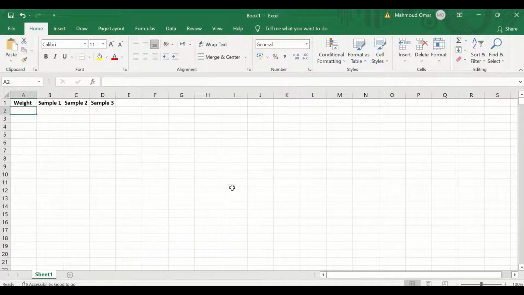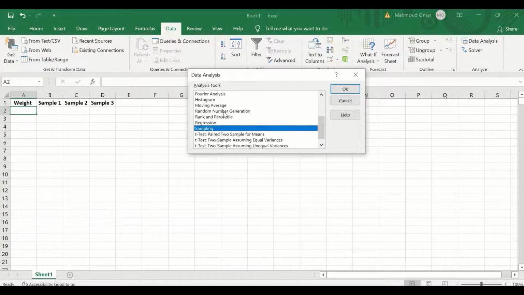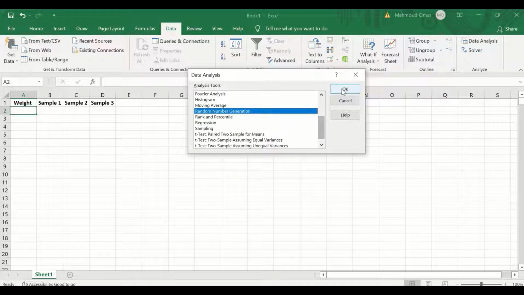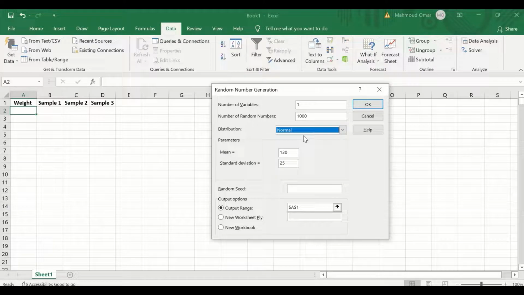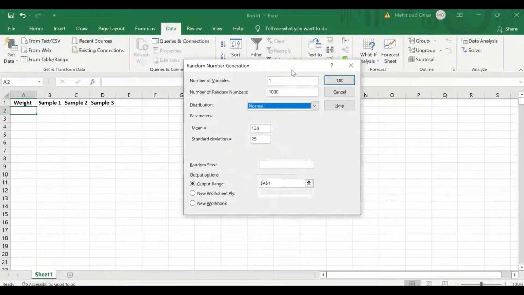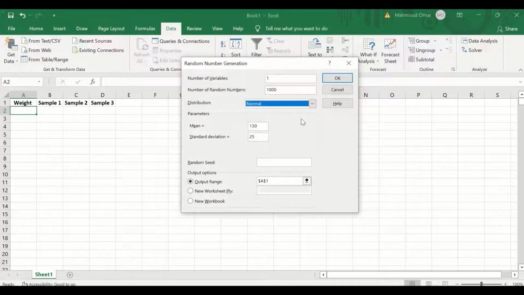The way to generate random data in Excel: click on Data, then Data Analysis, then scroll down to Random Number Generation, click on OK, and in the Random Number Generation window, select the distribution to be normally distributed, and then number of variables, just one variable, which is the weight, and number of random numbers, which is the scores, up